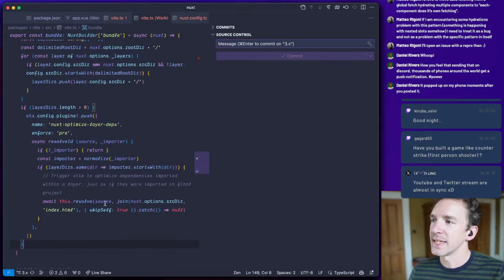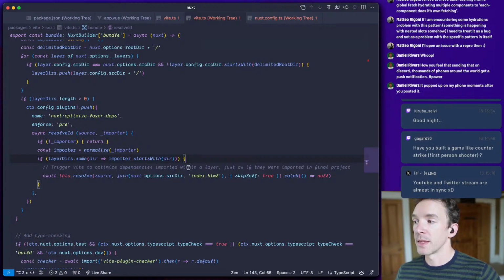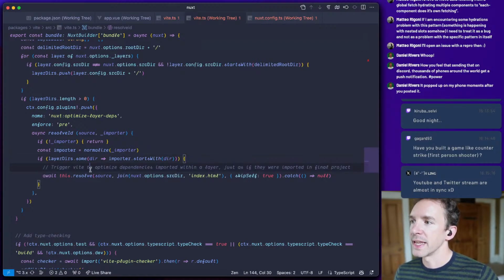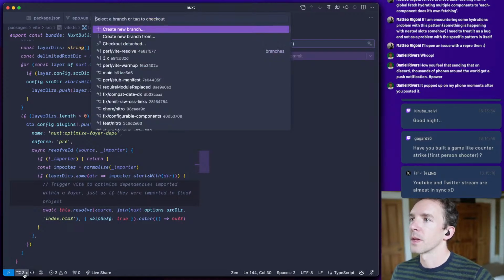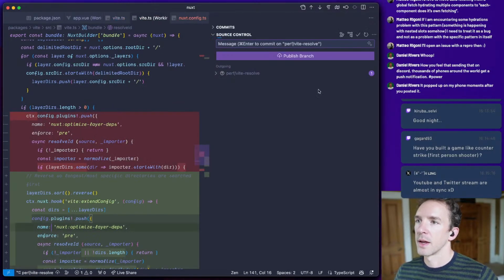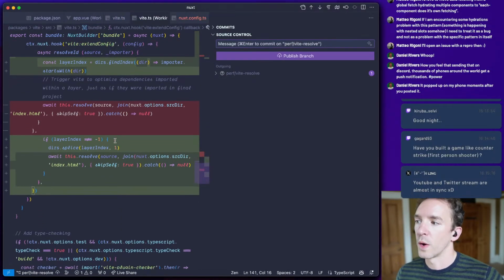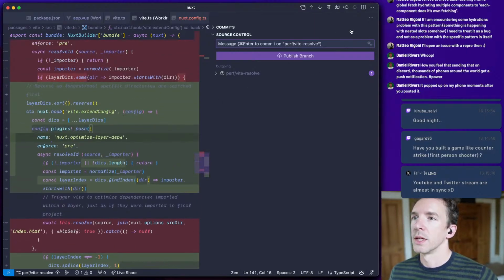Okay, so it seems like this isn't needed anymore. This might actually not be needed, but at the very least, this is going to make it faster. So if we open this, at the very least, it's going to only run once instead of for every import.